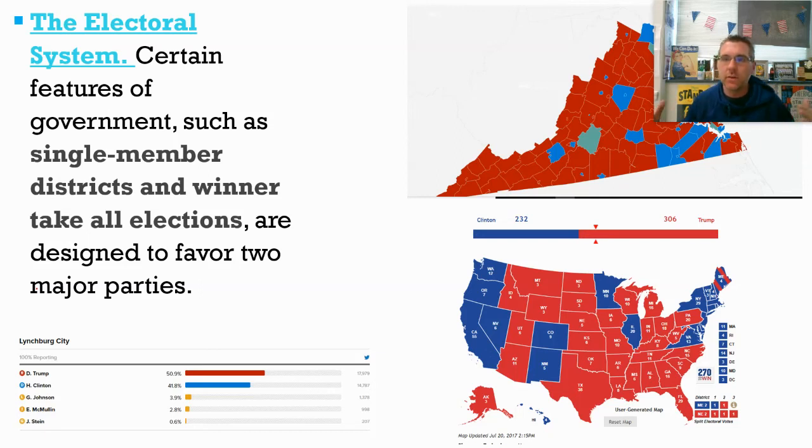If you look at what's the problem with being represented, is that you could be represented by a smaller group of people that really support you because you win the most, even though it might not even be a majority. All right, so there's a little bit on that. Here's Lynchburg City. Donald Trump won Lynchburg by a few thousand votes there. Be interested to see what happens in 2020.